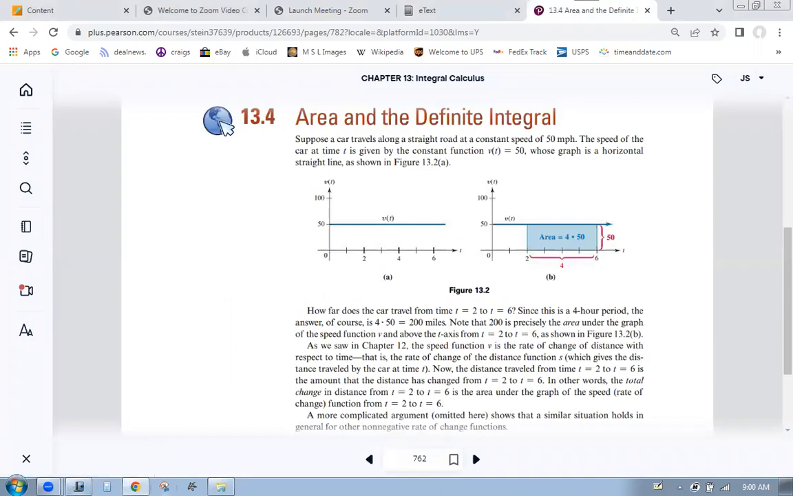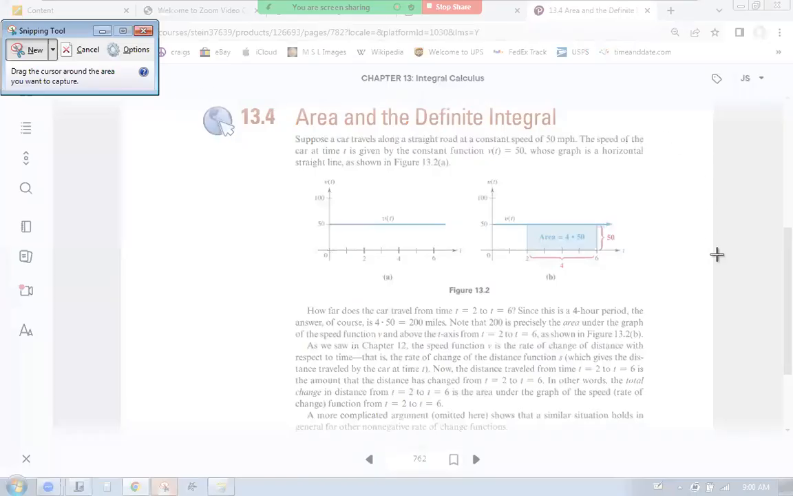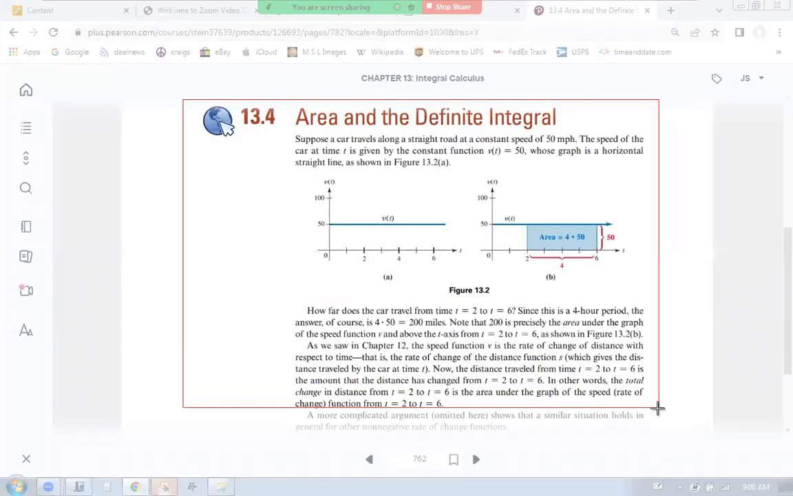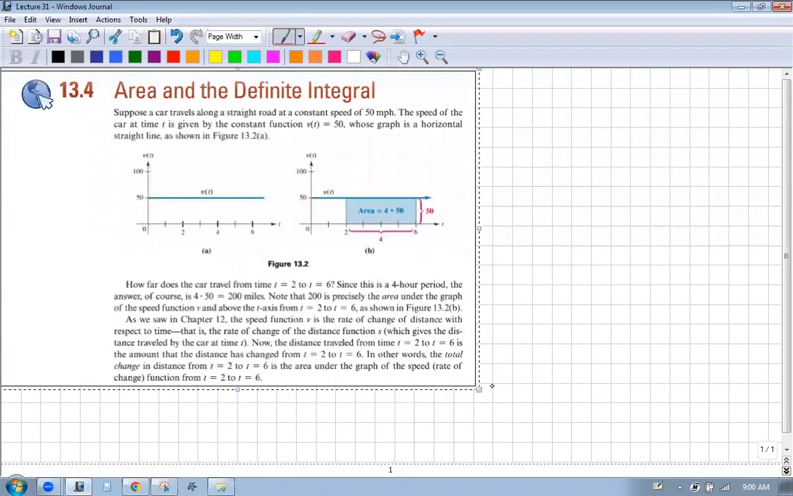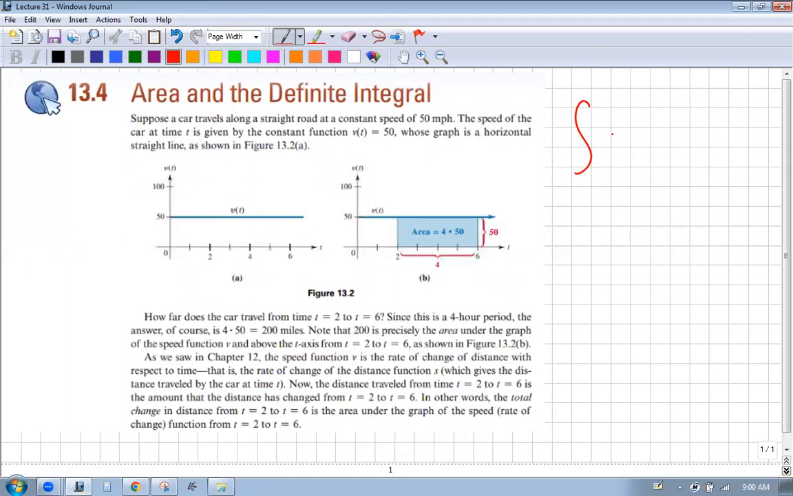Okay, so the definite integral, what we're talking about here is the area underneath the line when they say definite integral. So before we've looked at, like this, we have a function or whatever, and